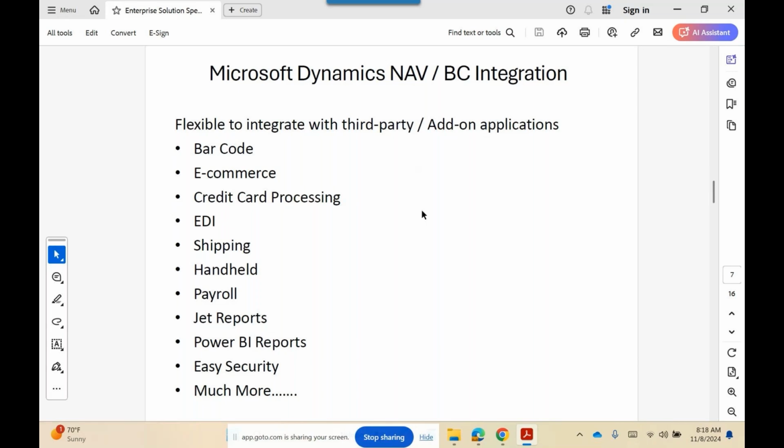You can see a demo, and you can contact the third-party partner for additional details. There are some charges applicable, depending upon the partner you choose. You can download, you can configure, and you can use it. You can integrate,